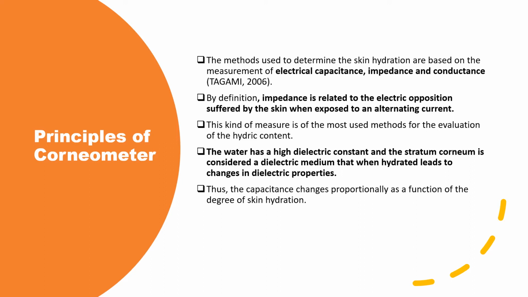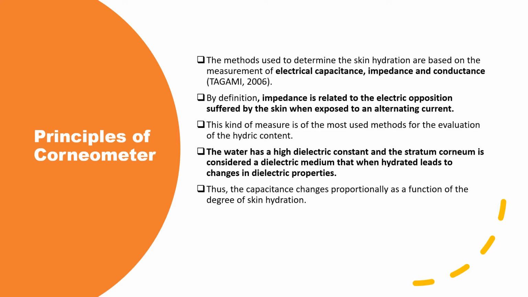Hydration of skin is again very important. Different people have different hydration levels. It varies on the basis of age, sex, and different body parts also have different hydration levels. For example, the forehead has the maximum hydration. So it depends on a number of factors. Babies have higher hydration, so it depends on the skin and the nourishment also. Suppose the person is suffering from some disease, the hydration level actually goes down. The person is having dry skin, so this equipment is a blessing to estimate the actual hydration inside the skin.